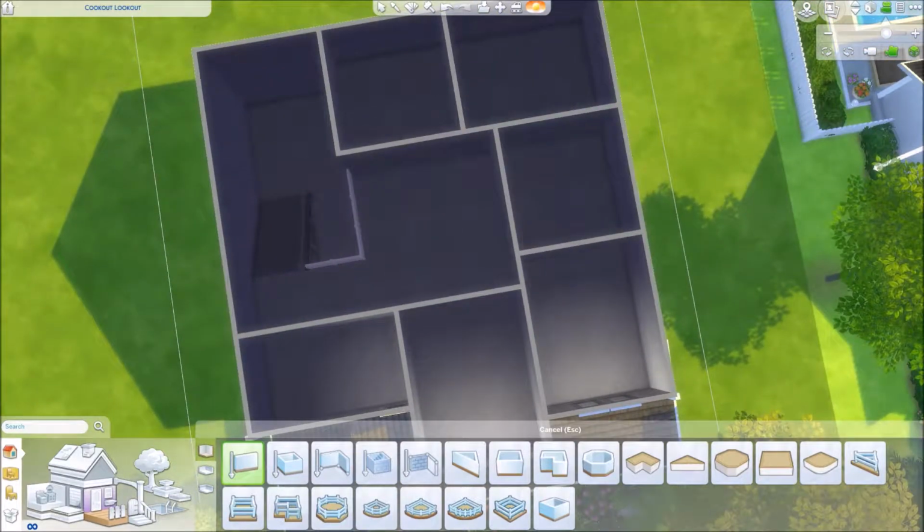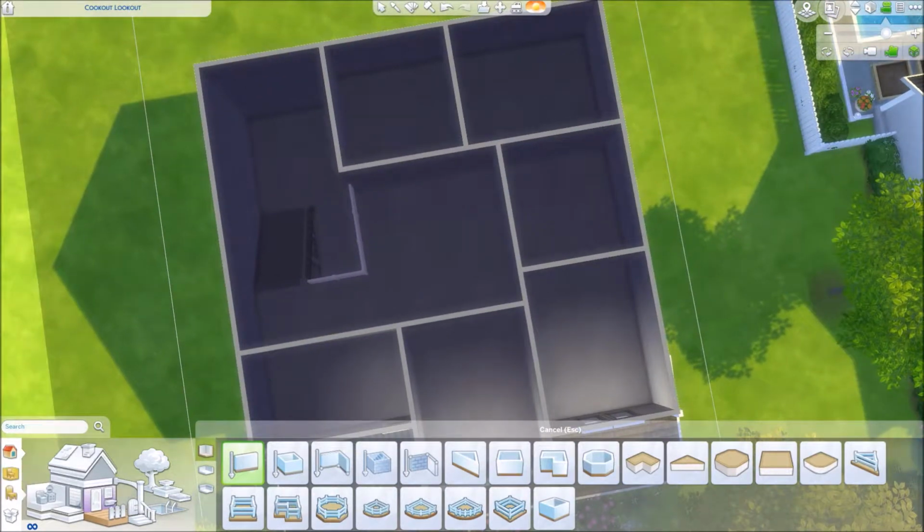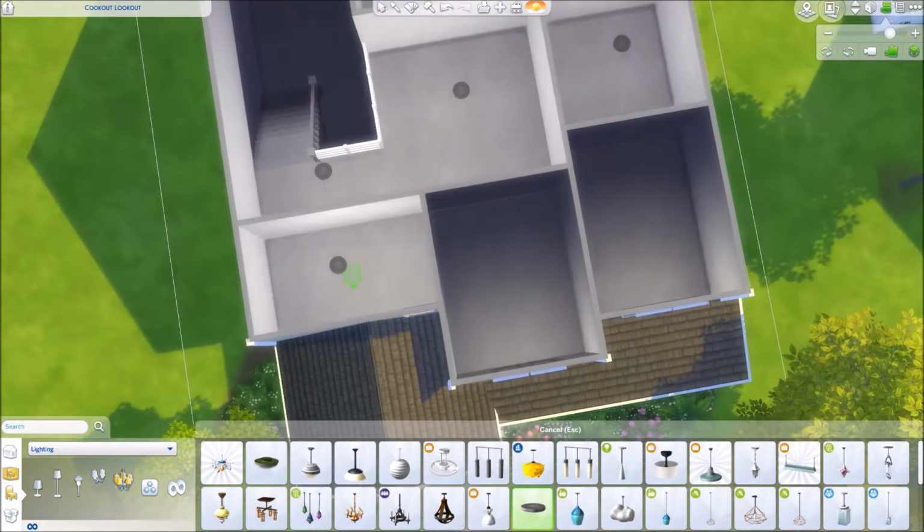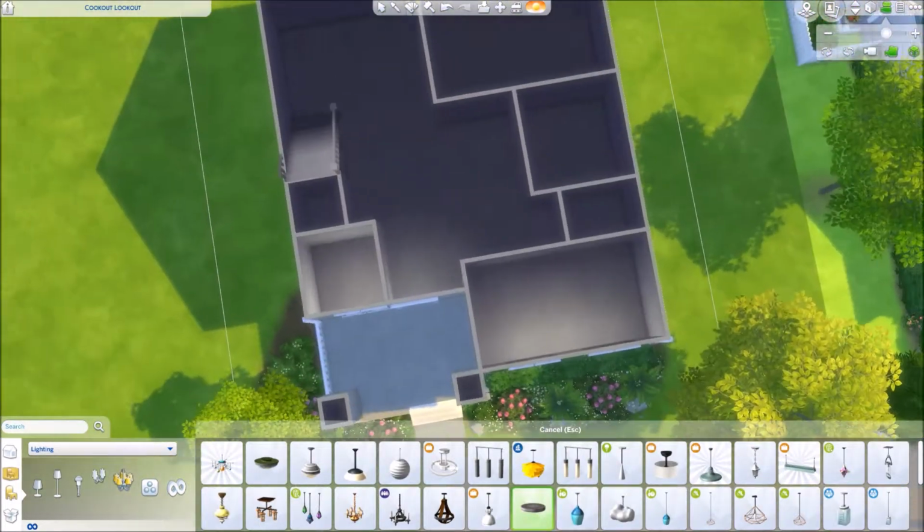Oh, real quick, right here, I'm just trying to decide what color palette I want to go with. So yeah, just in case you were wondering why I was lining up all the tiles like that. But anyways, so